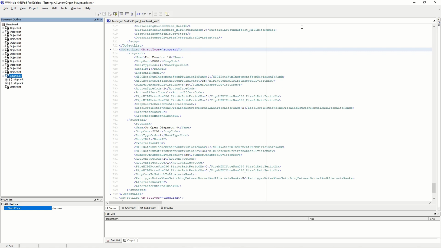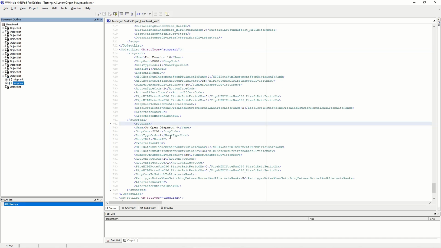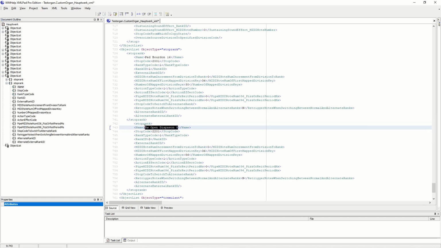Adding a stop rank. The stop is only the knob or switch on our virtual organ. The stop rank table will connect the stop to the right rank. So we go to the stop rank table and we'll change this one to our principal 8. The name. Here we can choose again a name you want yourself. It's only used for your own reference. So we'll call it